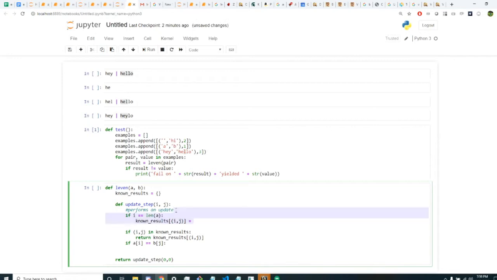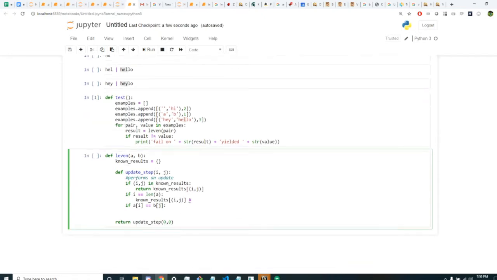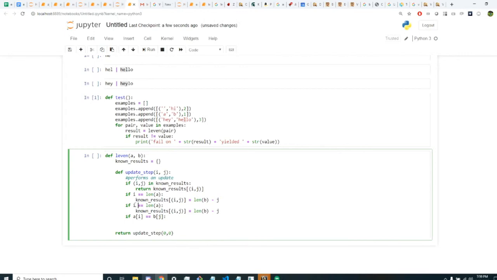Oh, I guess we do this after the check, because we always want to check known results first. Okay. If i is equal to length of a, then set the known results of (i, j) to the length of b minus j. So it's just whatever is remaining in b that you haven't covered. And then we're going to do the same thing. If j is equal to length of b, then the known result is length of a minus i. And then in either case, we can return